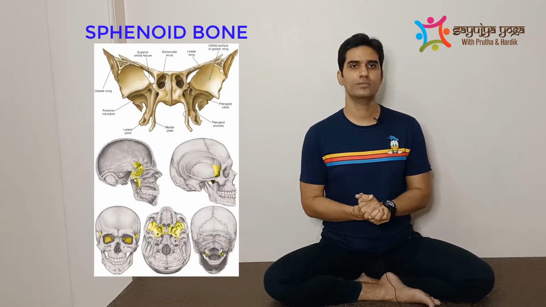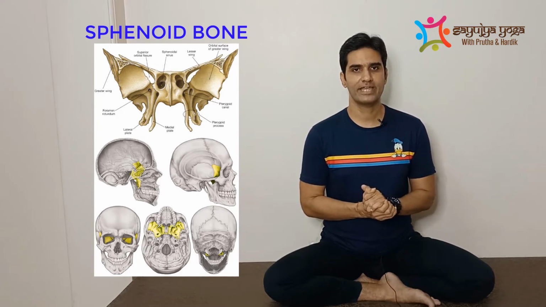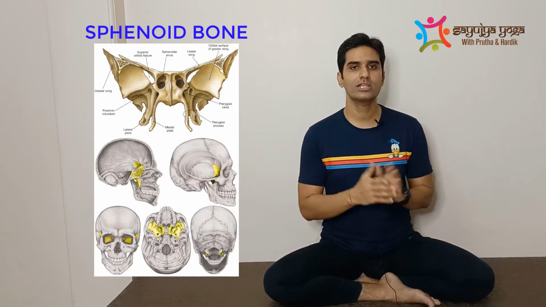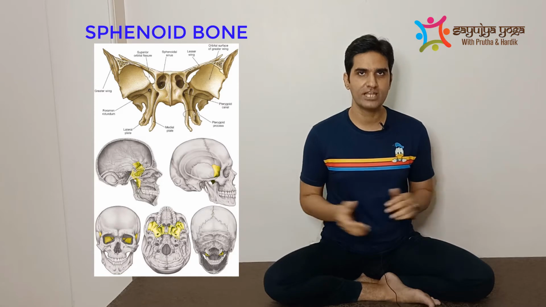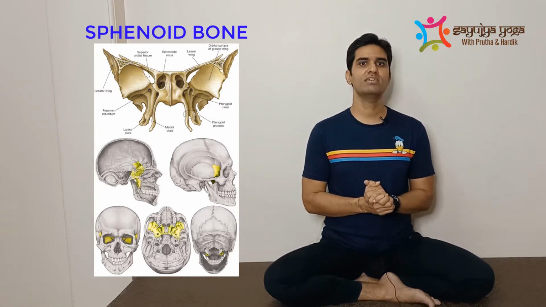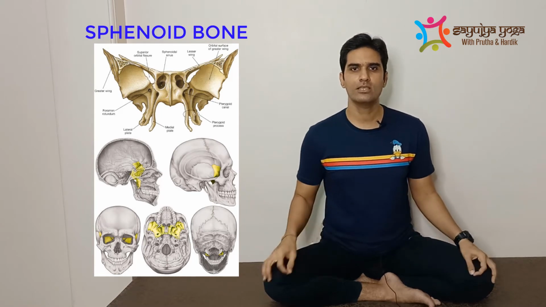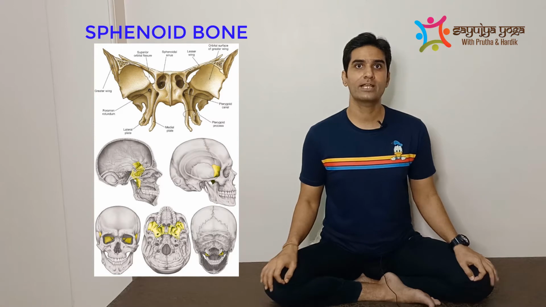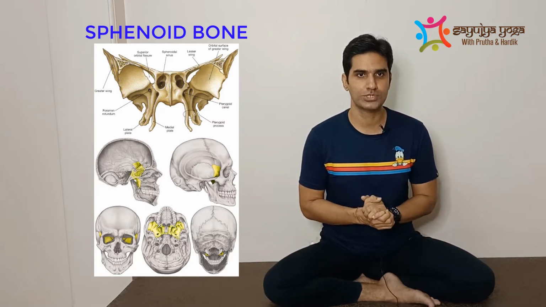Let's move to the next bone, sphenoid bone. Now this bone looks like a butterfly. So this butterfly shaped bone articulates with all the cranial bones and spans the entire width of the cranium, which you can see when you look at an inferior view of the skull. Many people think that it looks like a butterfly or bat, but it also looks like a spectre. What is a spectre? Spectre is sometimes called a ghost.